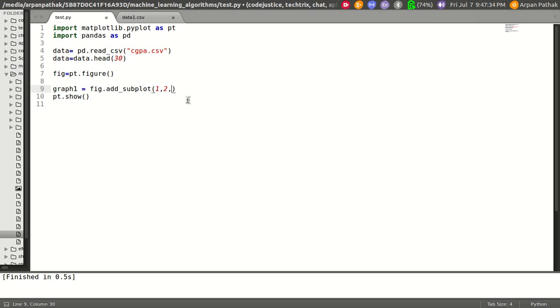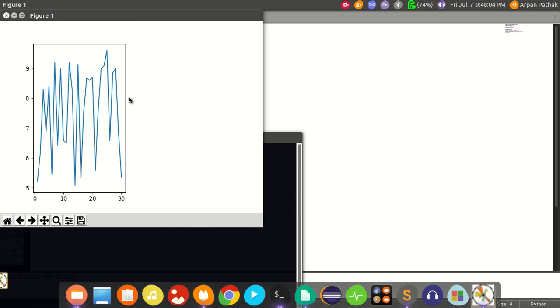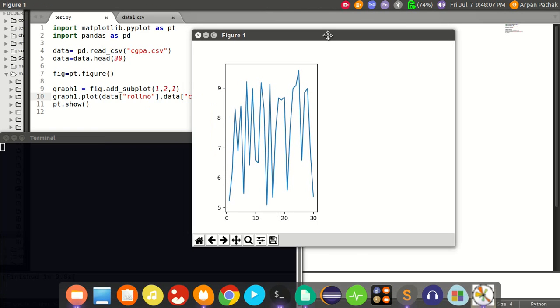So if I want to place this in the first cell, I can write 1 here. Now let's try to plot graph1 dot plot. Using this object of graph1, I can plot something in this subplot. Let's say that I want to plot CGPA versus roll number, and let's say this is data CGPA. All right, if I go ahead and run this, you will see that this is added in the